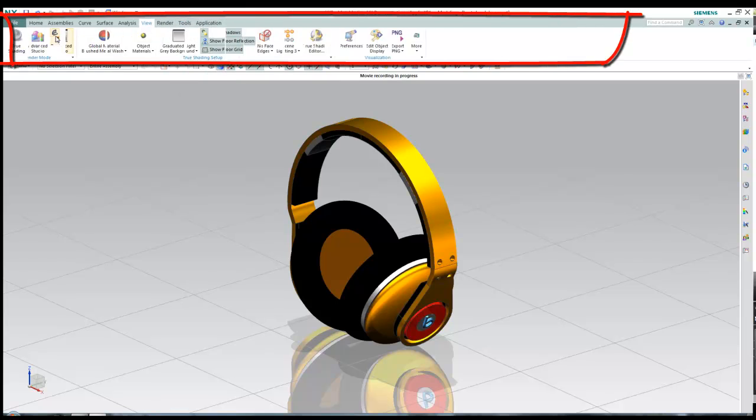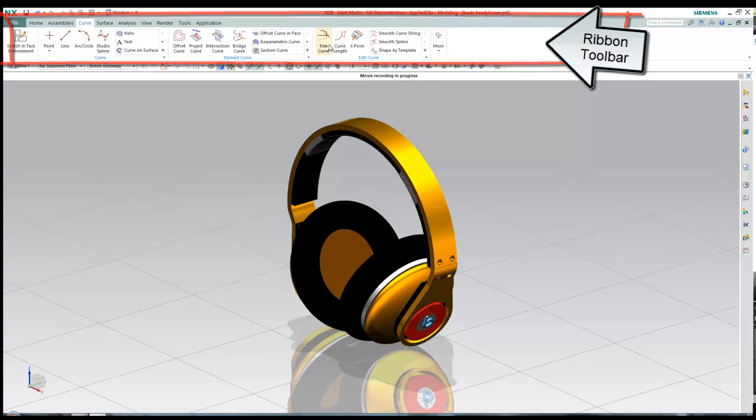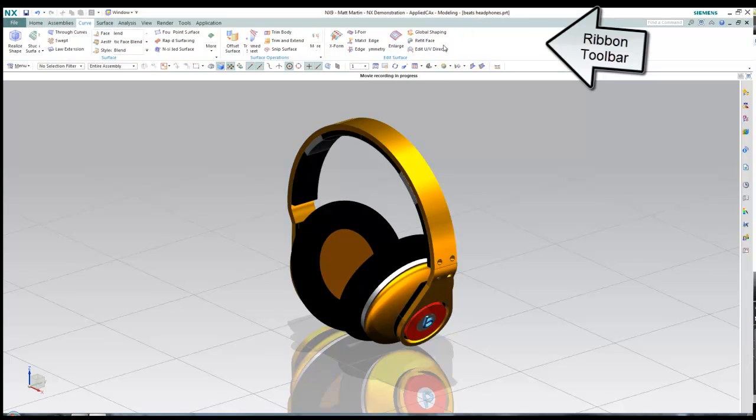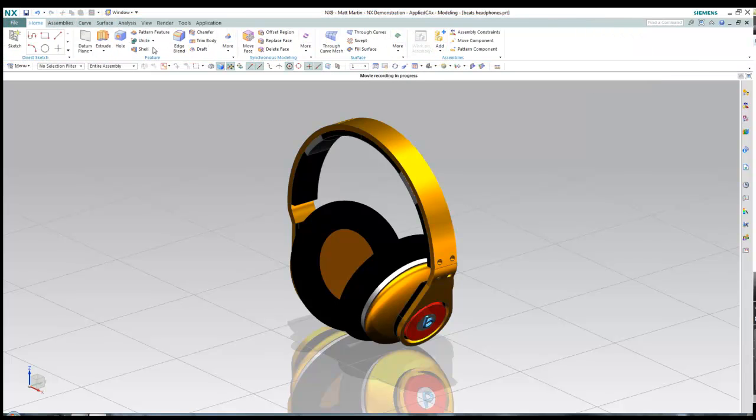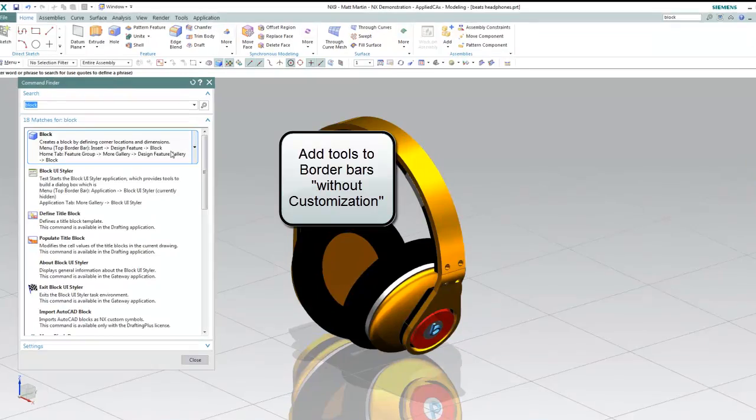So here's your quick access toolbar on the top, and you've got your ribbon that you can cycle through. I'm just using my mouse to scroll through this. Command finder's in a new and convenient location. It's always got a window open. Just type what you want in there. And without going into customization, I can add